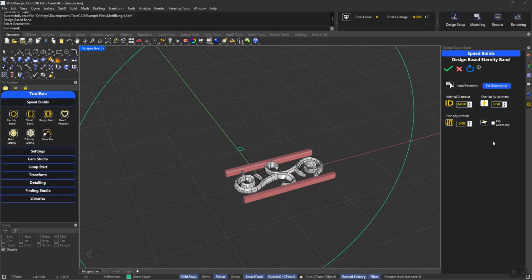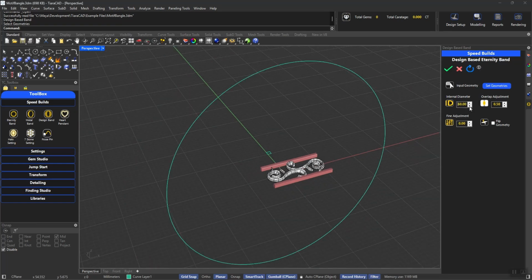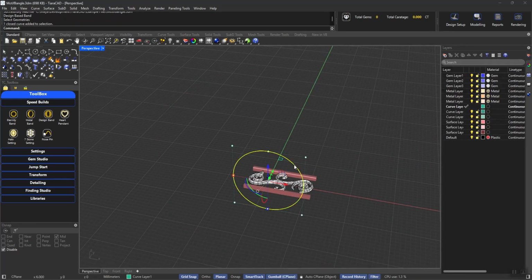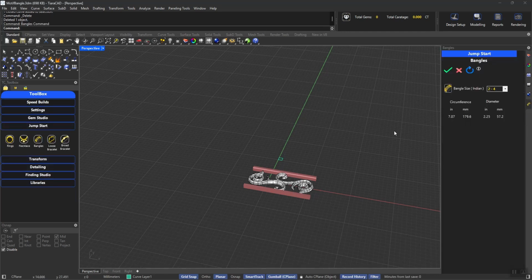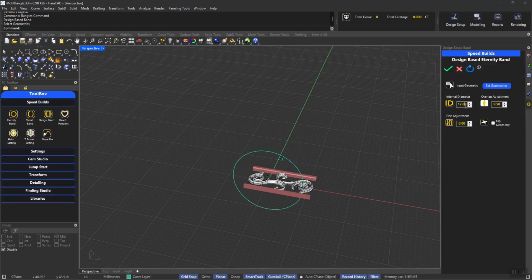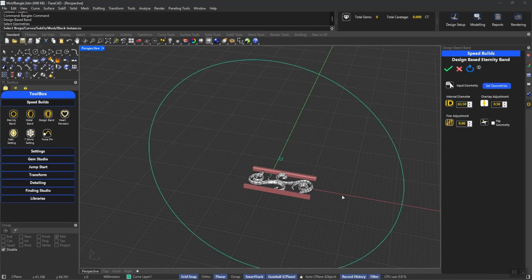So for example, if I wanted to make a bangle, I'm going to take an internal ID of 60. If I'm not sure what the size of my bangle is, I can always go to Jumpstart, choose bangles, and specify the size that I am looking for. So here I get to see that the diameter is 63.5 for a 2.8 bangle. So 63.5, I'm going to go in for speed build, design band, internal ID of 63.5, set geometry,